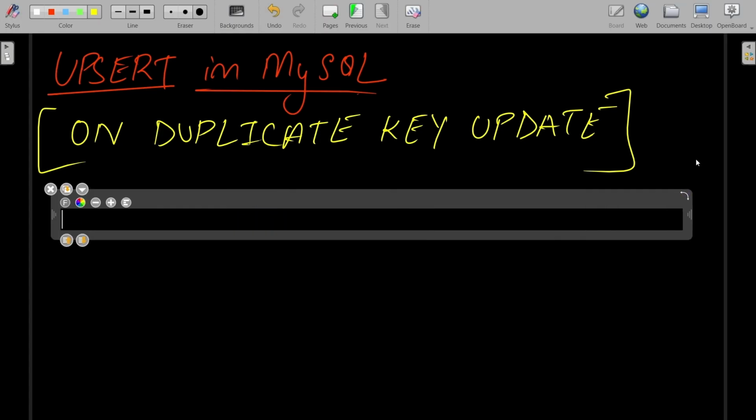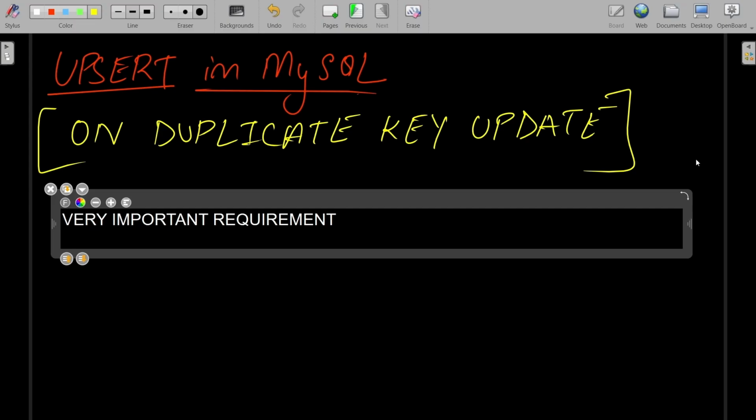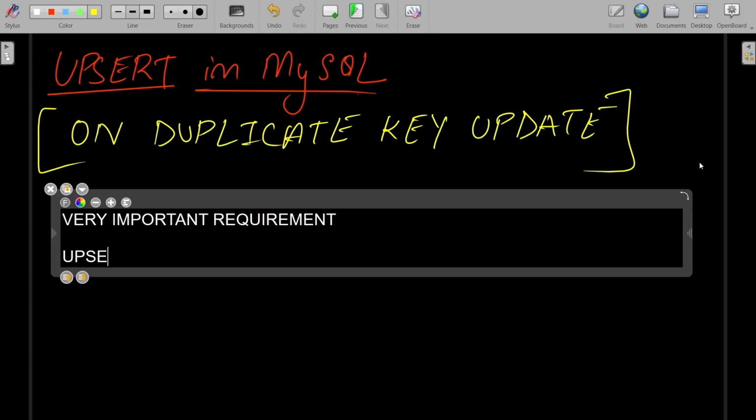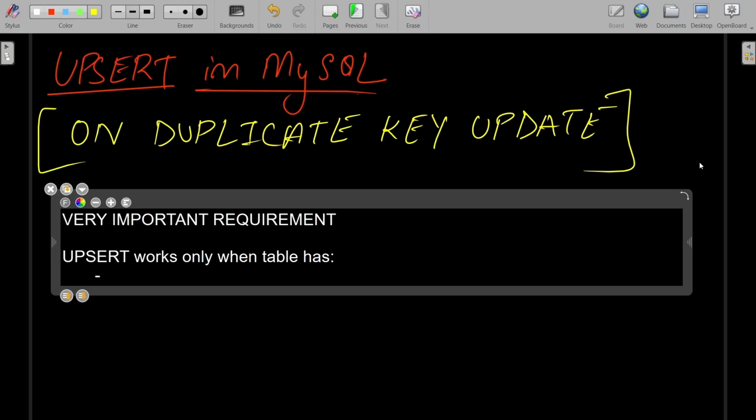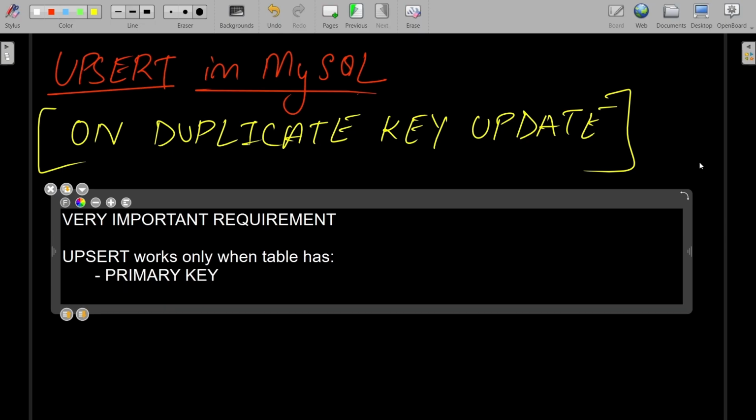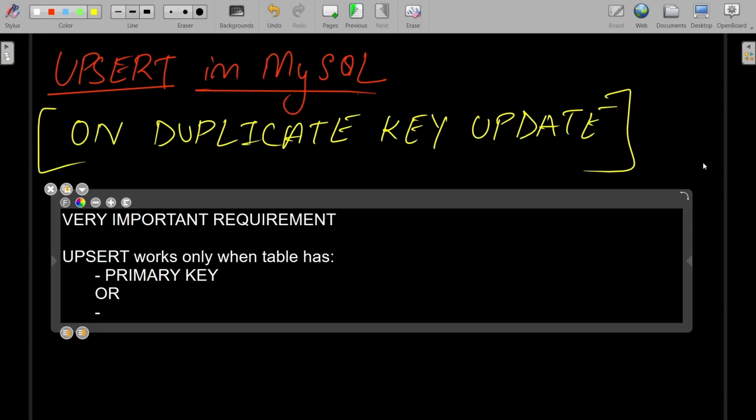Upsert in MySQL uses the ON DUPLICATE KEY UPDATE keyword, but there is a very important requirement. First, upsert works only when the table has a primary key or a unique key,